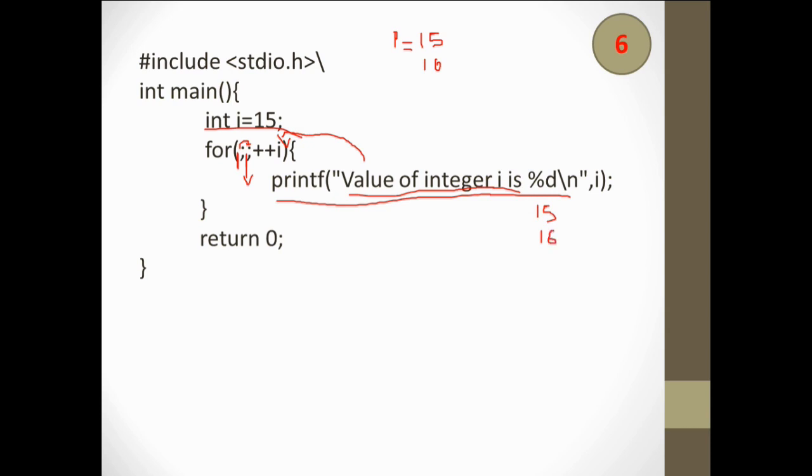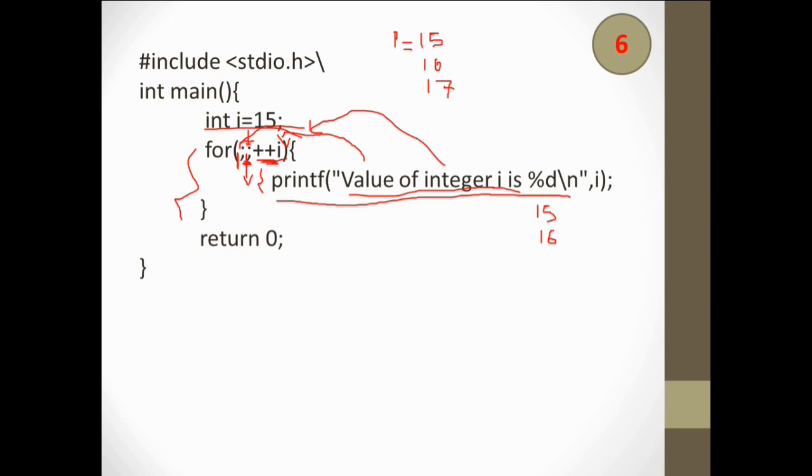After that it will go to that increment part and increment the value of I by 1, and now there is no condition to check. So then again it will go and execute this statement. As there is no condition part, it will not check the condition, and continuously it will execute this statement. Here you can see we are incrementing the value of I, so I will never become 0 from this statement, and that means this for loop will execute infinite times.